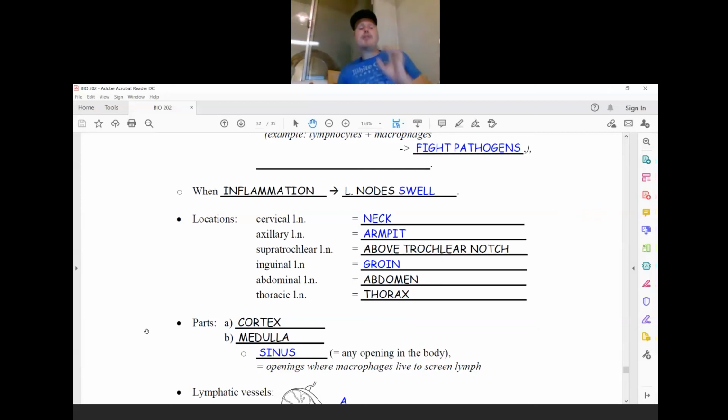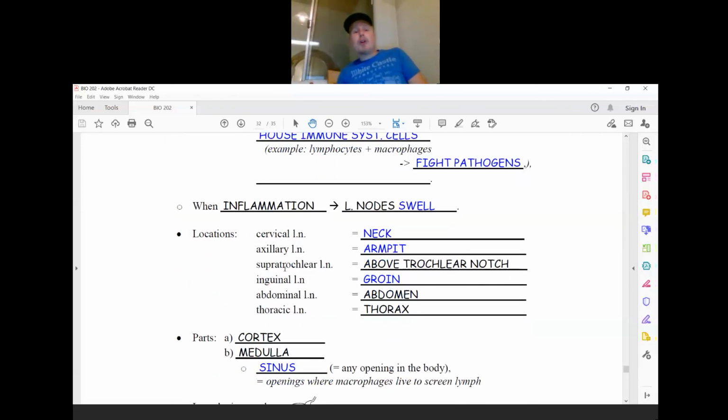So inflammation is easy to pick up from the swelling of the lymph nodes, and then we know that somewhere in your body you have inflammation going on. Where you might find groups of our lymph nodes, good areas are, for example, at the neck, the cervical lymph nodes, at the armpit, axillary ones, supratrochlear lymph nodes, above the trochlear notch here, and your groin areas, inguinal lymph nodes, abdominal area, abdominal lymph nodes,